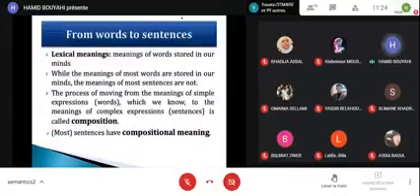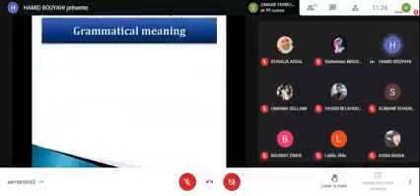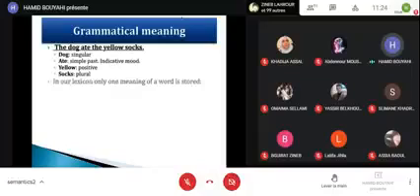So we talked about meanings before, and we don't really need to talk about that again. We just try to get the meanings of different elements. Then we move to another thing, which is grammatical meaning. We try to get the grammatical meaning of the expressions. So these are the words that we have here. We say how they function grammatically.